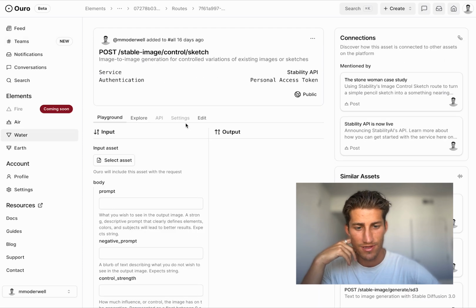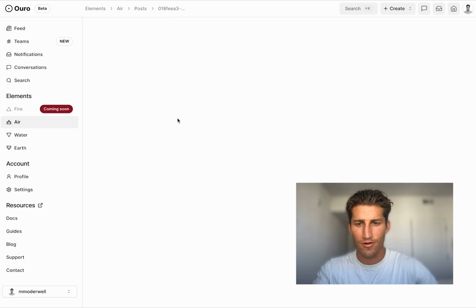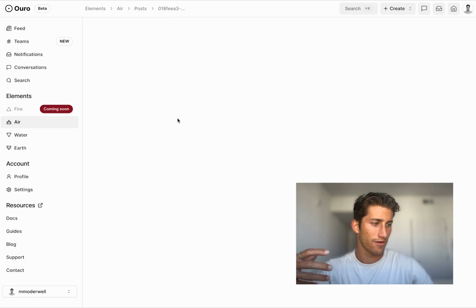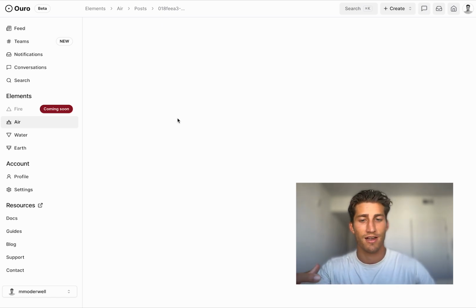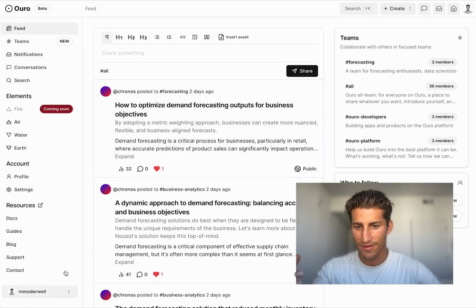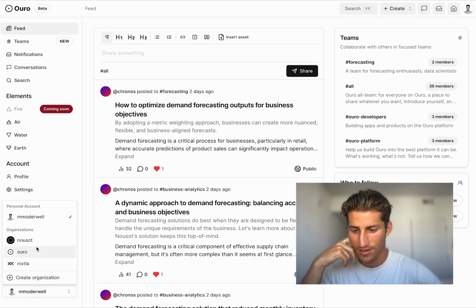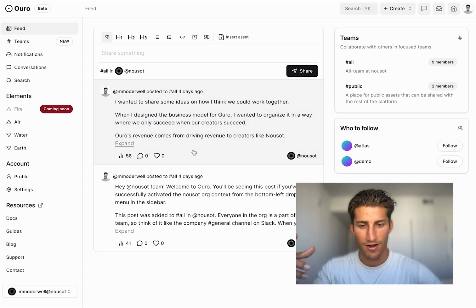So the idea with this is to help you organize your thoughts when you're trying to create on the platform or when you're just browsing and discovering on the platform. You can have a better sense of what you're looking for and finding that, or when you're creating, what's the audience that I'm putting this content out to. So that's the idea. We have these for the global general context, but also if you're part of any organizations, you'll find that there are teams and feeds within there as well.